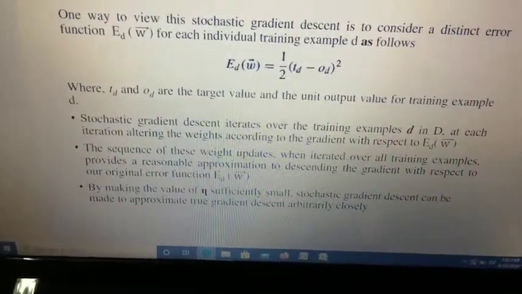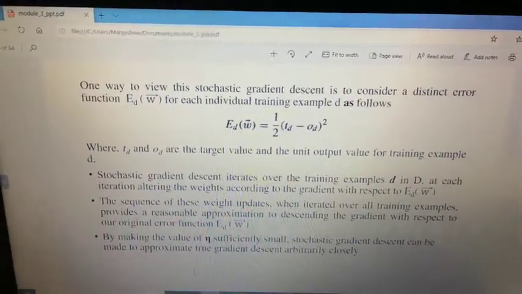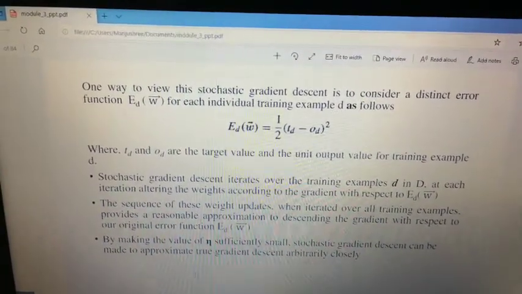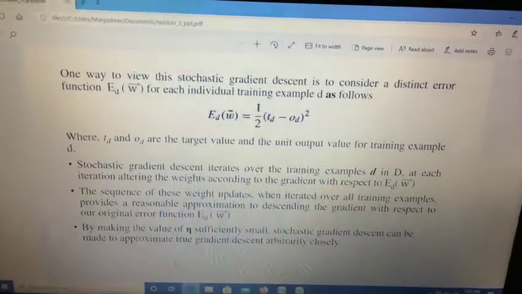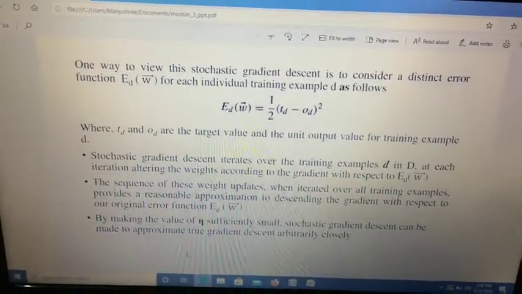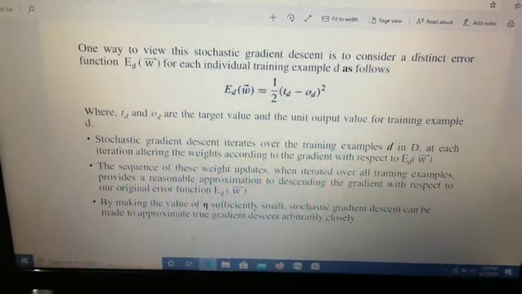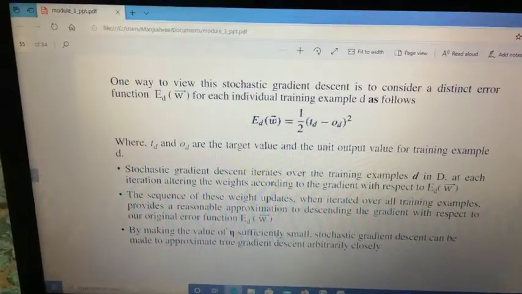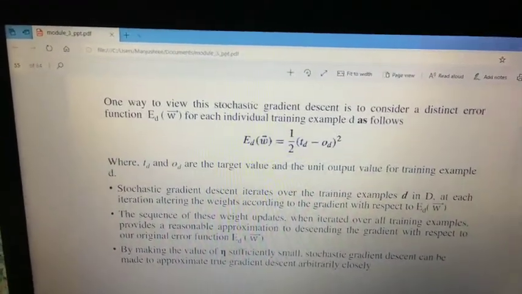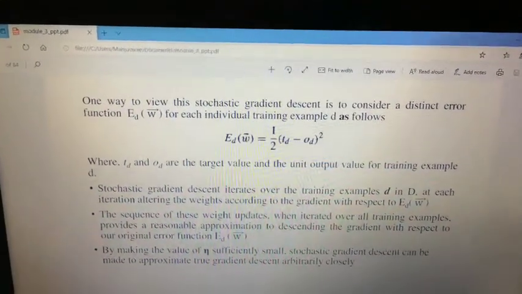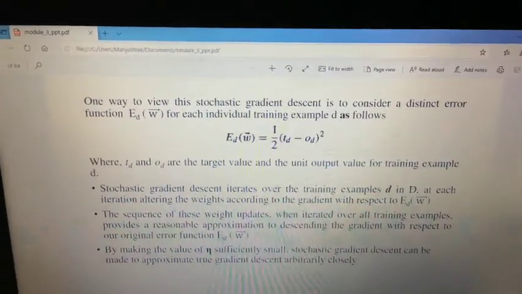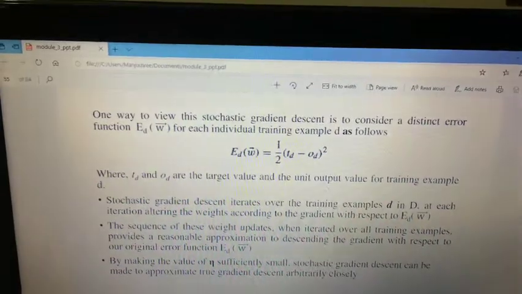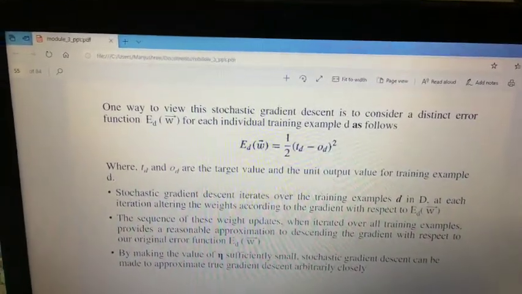So what is the difference when I compare a standard gradient descent and a stochastic approximation gradient descent? The main difference is that in gradient descent we consider all the training examples and perform the calculation, whereas in a stochastic gradient descent we consider only one particular training example, chosen randomly. So observe in the slide, the stochastic gradient descent iterates over the training example d, that is one particular training example, small letter d, in the complete data set, that is capital letter D.